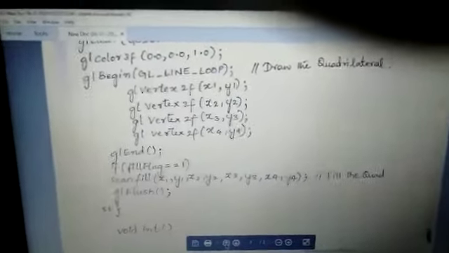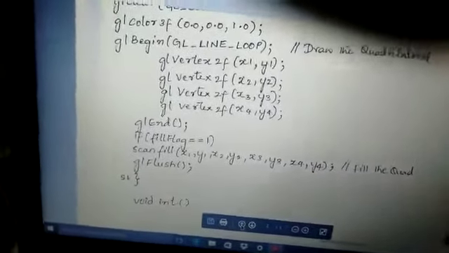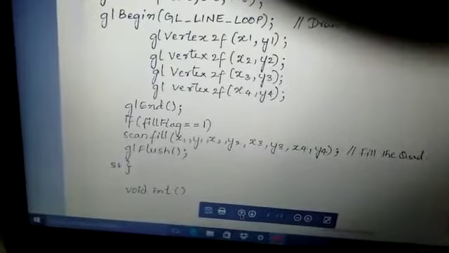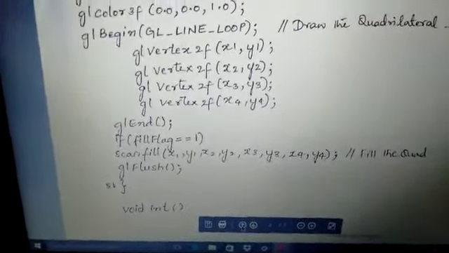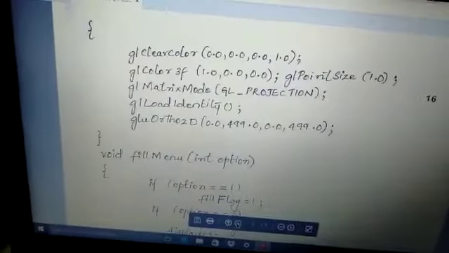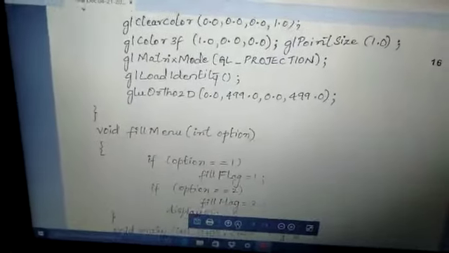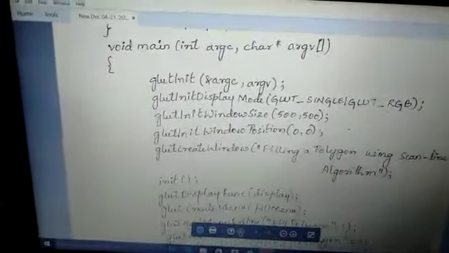Then we have a condition: if fill flag is equal to 1. Since it is also menu driven, we are supposed to see whether we are filling it or not filling it. So once again, let's move on to the main function. You can see here fillMenu. So how are we calling it? glutCreateMenu.